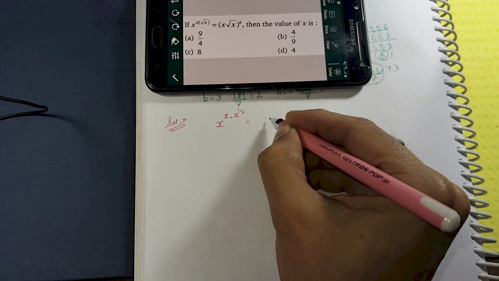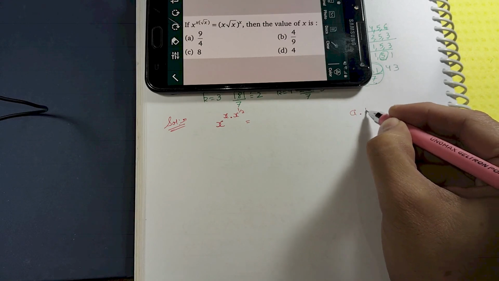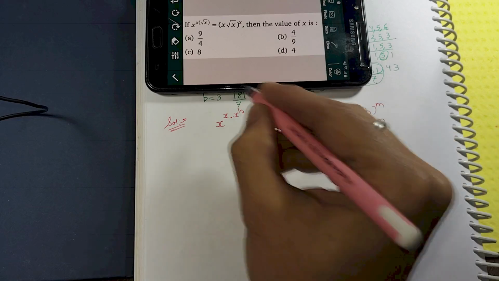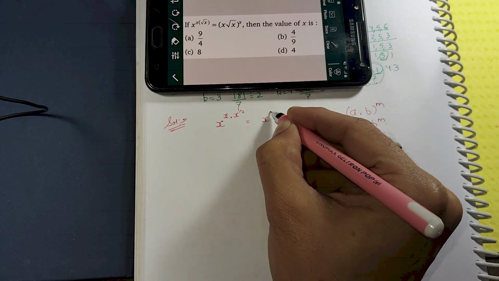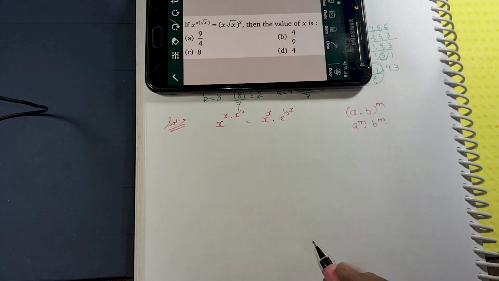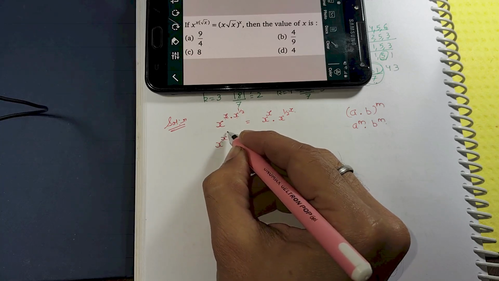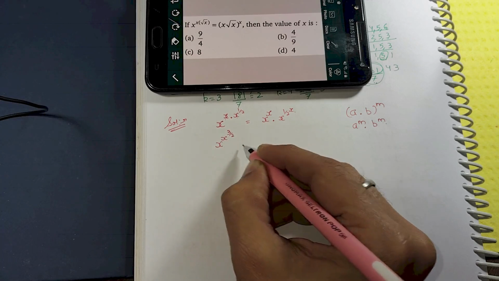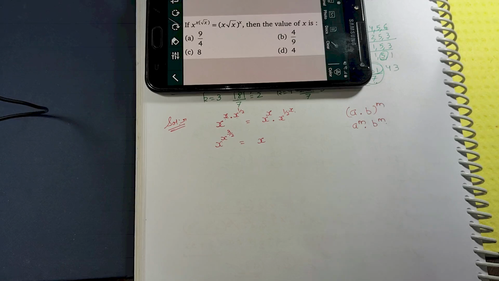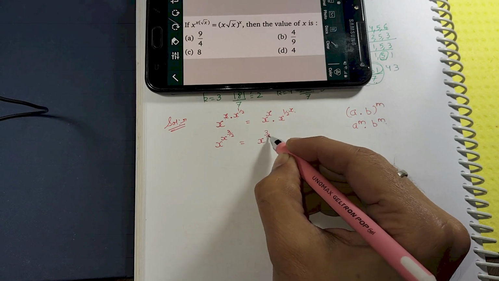This is equal to, now opening the brackets, we know that if we have ab raised to power m, this is equal to a raised to power m and b raised to power m. So this will be equal to x raised to power x dot x raised to power 1 by 2 into x, right? Now this is same powers added, so I can write x raised to power 1 plus 1 by 2, which is equal to 3 by 2, and again base is same, powers added, right? Now x plus 1 by 2 x, if I take x common, this will be equal to 3 by 2 of x.